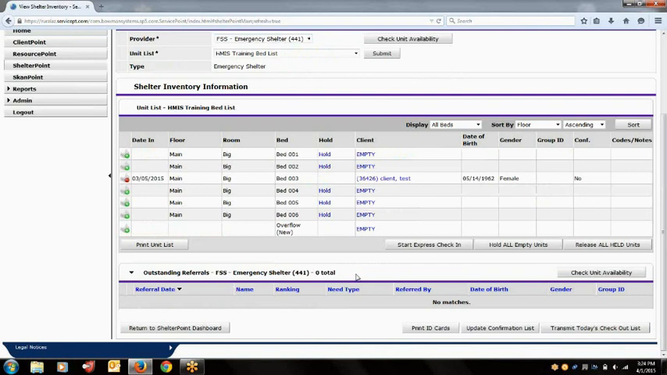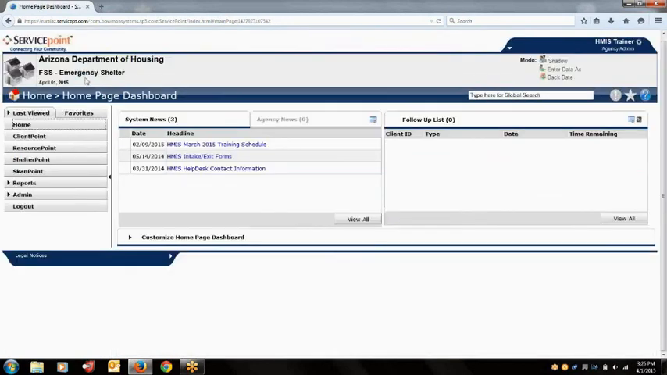Now you will be redirected to your shelter inventory information page to show the most current data. Now you may return to the home screen. Since we have now worked through how to properly enter and exit a client from a bed, let's work through